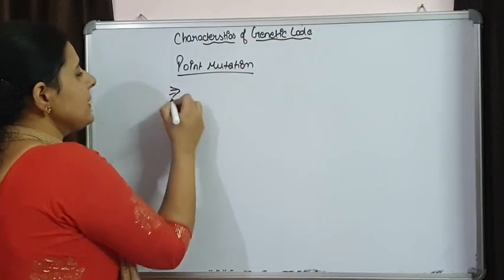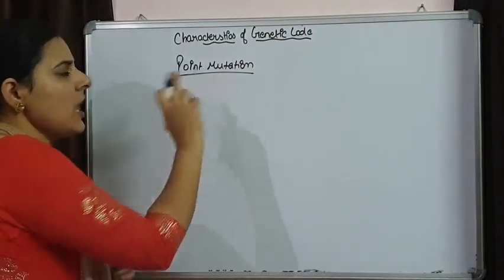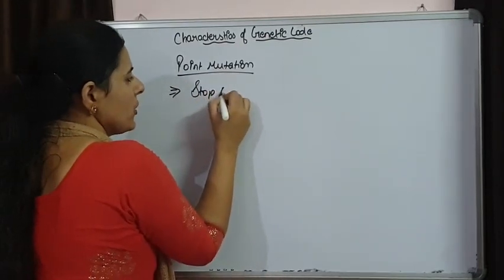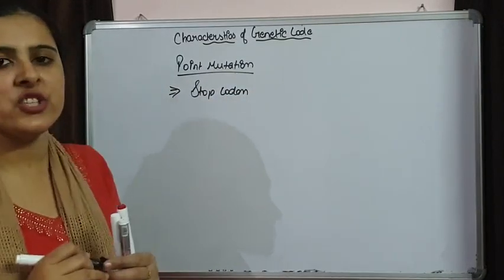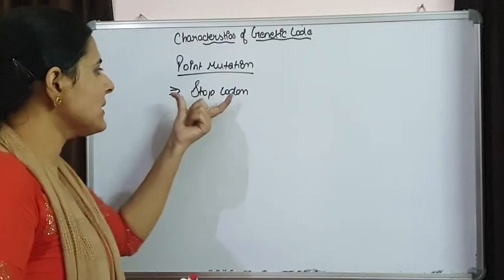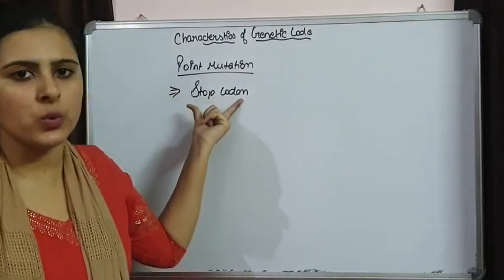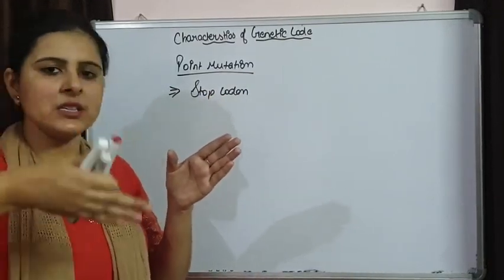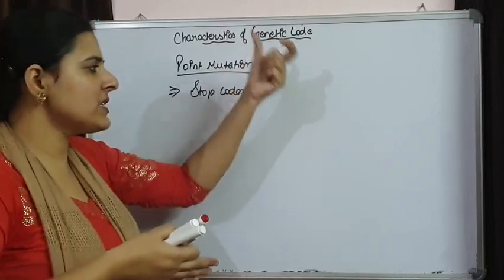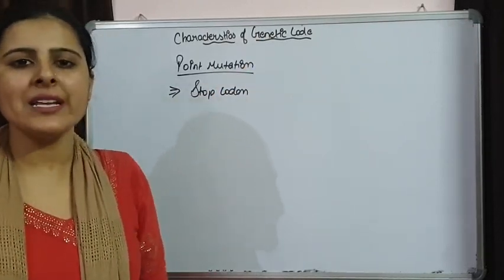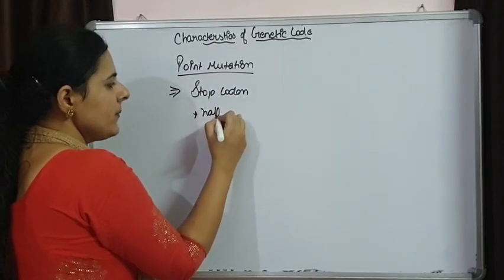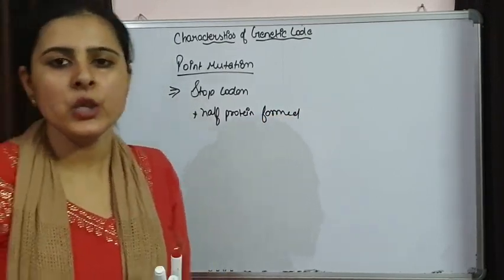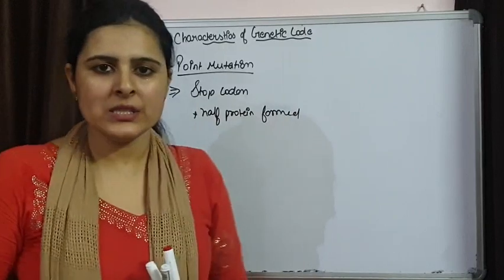Now different situations can be there. Suppose because of a change in one nucleotide, the codon is now behaving as a stop codon or terminator codon. एक न्यूक्लियोटाइड चेंज होने की वजह से अब कोडोन किस में कन्वर्ट हो गया? एक स्टॉप कोडोन में कन्वर्ट हो गया. अब अगर स्टॉप कोडोन होगा, and this alteration has taken place in the middle of the sequence, तो वहीं पर जाकर सीक्वेंस टर्मिनेट हो जाएगी और प्रोटीन कैसा बनेगा? Only half protein will be formed, and this half protein may be non-functional. This can be one situation.